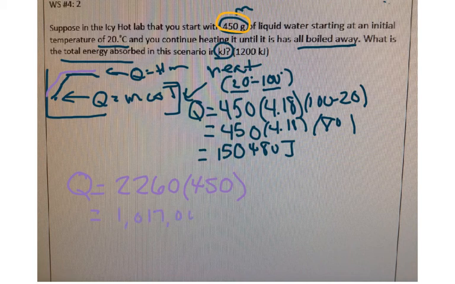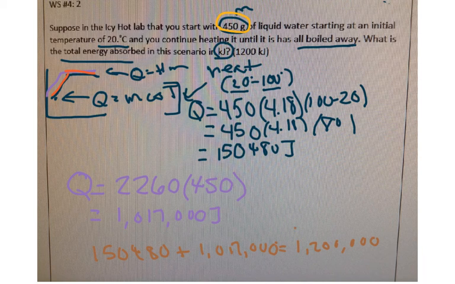When we multiply that out, it is going to be 1,017,000 joules. Now the total energy that was utilized is both the heating up and the boiling away. So what you're going to need to do is add both of these numbers together. So I'm going to add the 150,480 to the 1,017,000 to get my final answer of